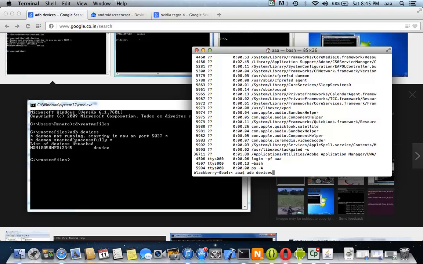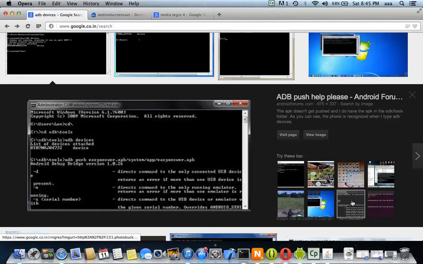So if you do that, you can issue adb devices anywhere in the PC, or else you need to navigate to the folder. For example, here if you see SDK and tools, inside tools adb.exe is available, but you cannot issue adb devices away from this.